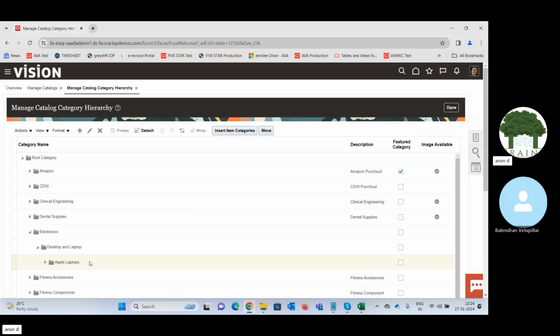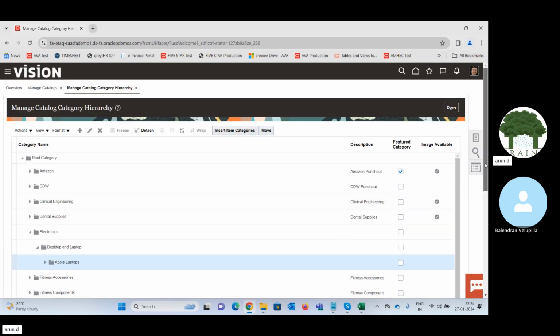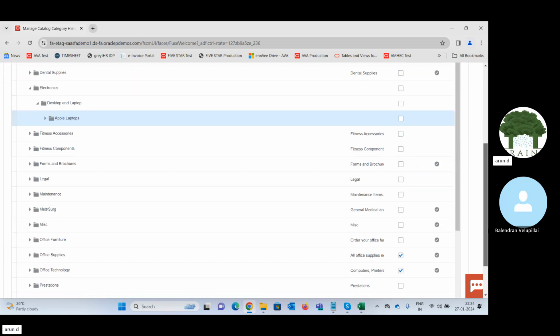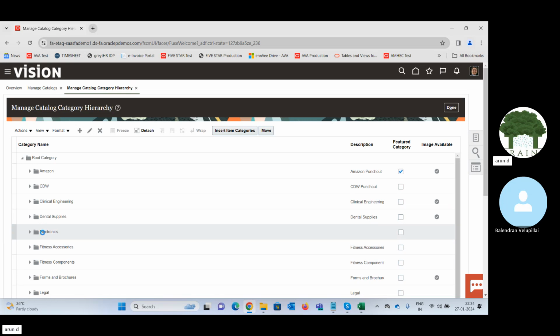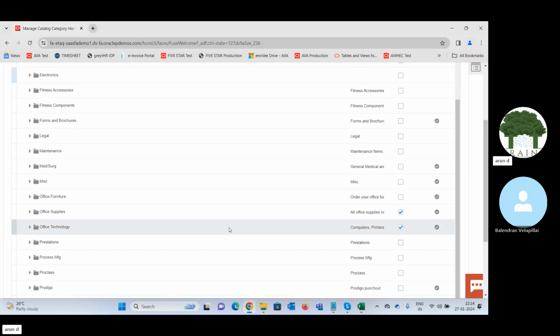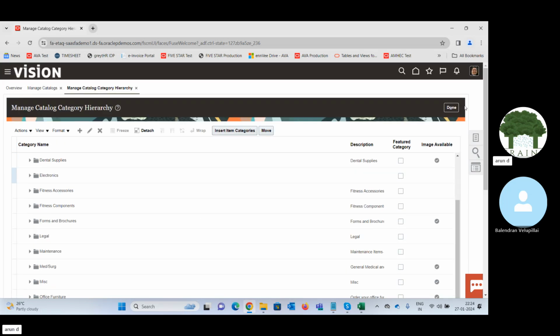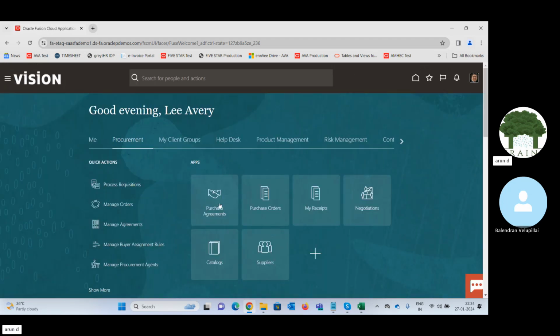Okay, maybe this is not tagged with it, so I'll come to this. Okay, so now if we see, we are seeing this Amazon and these things. So where these options will be seen is that, I'll just show these things. Now this office supplies and office technology, these options if you see, if I go to the requisition screen,